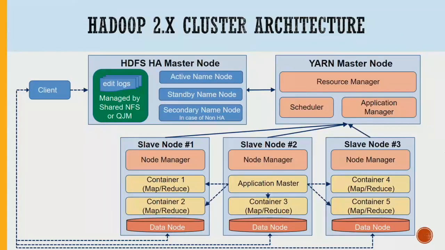So what do you think would be the advantage of separating, instead of having a task tracker, and having a generalized node manager? How could this help you if you're working for some very big company with a big data problem? So as the name implies, node manager, now it is not specific to MapReduce. It's not a task tracker now. So this node manager can play a role of task tracker, but it can also play a role of stream processing manager for a Spark cluster as well.